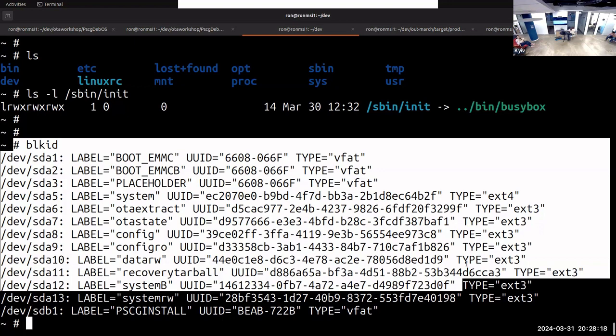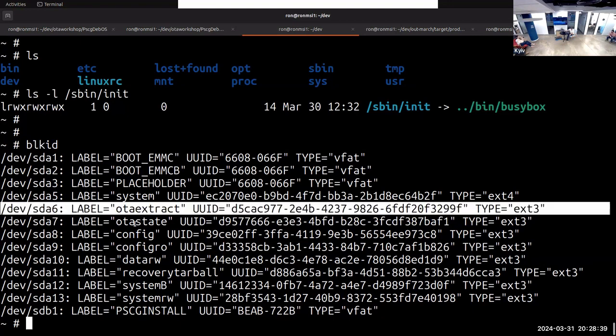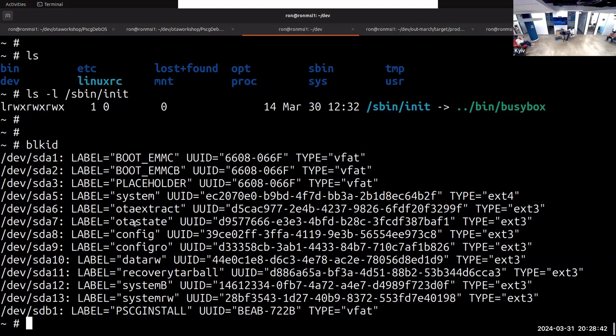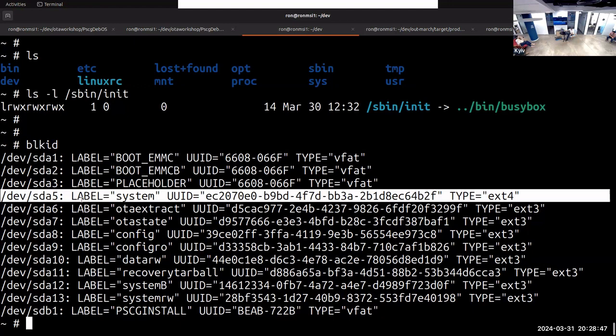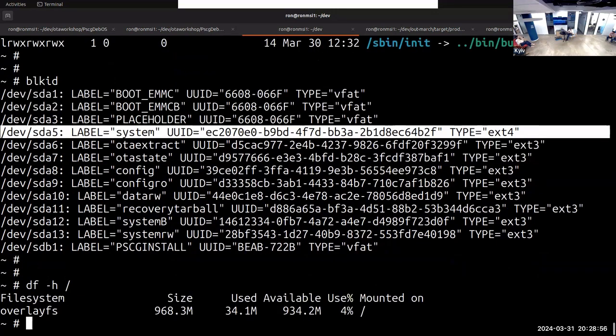So there are all kinds of partitions for configuration that are supported. For example, I like to use the words OTA state for keeping state on it. But usually state will be kept in some common partition shared by the bootloader and the rich OS. And extract will be a place to extract an OTA tarball. Now, this particular system runs on a partition that is labeled system. And if I look, for example, at where I am now,